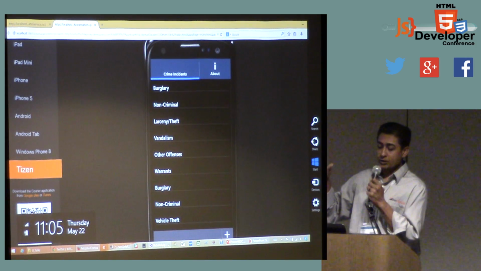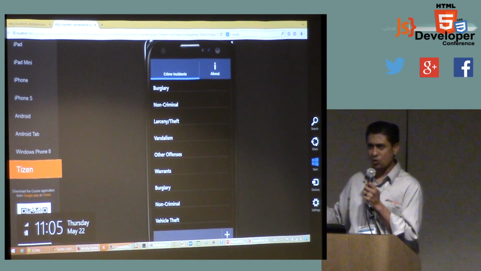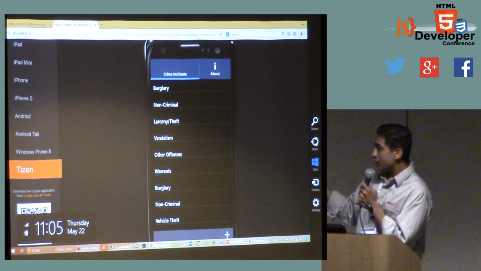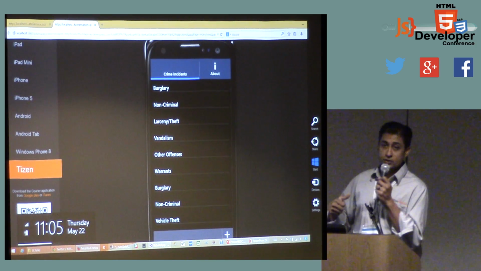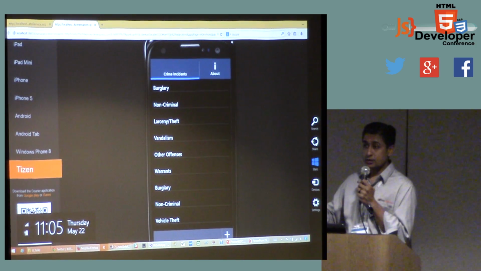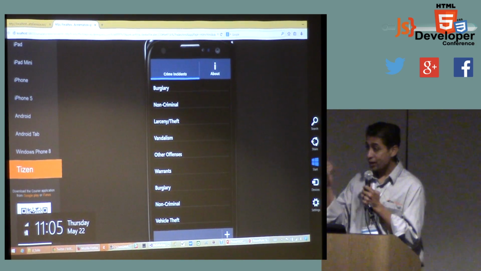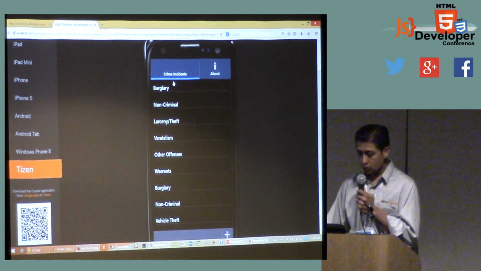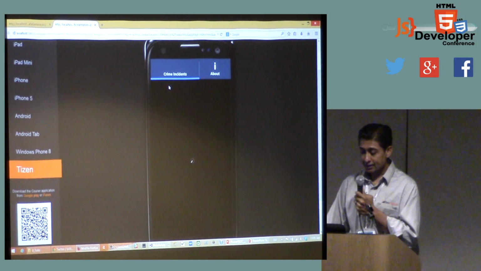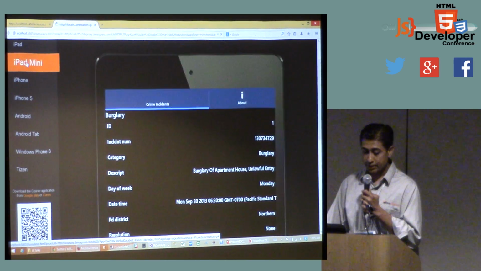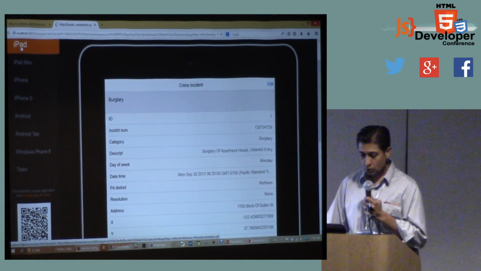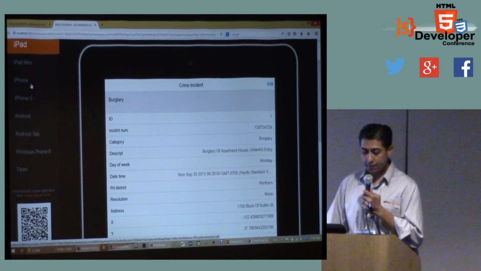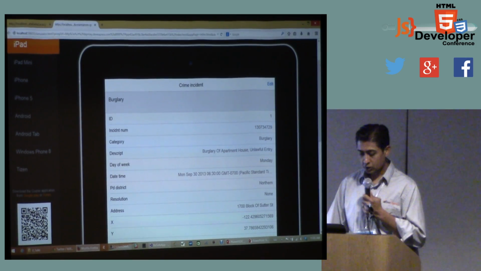And there isn't a whole lot of devices out there. I think there's a watch out there for Android. But what's great about it is that we have designers that have studied each of these platforms, so you don't have to worry about it. You're writing once, and you're deploying to all these platforms. So the best guess is that Tizen is probably going to be very big in Asia. So for each platform, as you can see, iPad, iPhone, Android, it looks native.